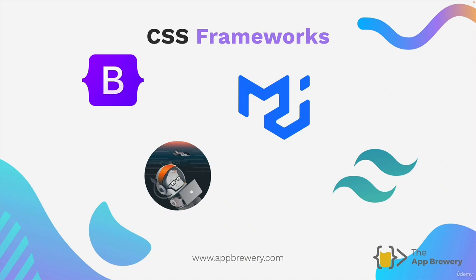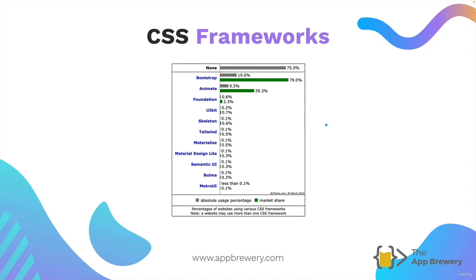quickly and efficiently. If we look at the usage percentages across the internet, you can see that the biggest CSS external framework is still Bootstrap, with close to 80% of the market share. But just because we learn about Bootstrap, it doesn't mean that everything we learned about CSS is null and void. In fact, if you look at the top here, when we look at the absolute usage percentages of all of the different frameworks across the internet, you can see the largest percentage are still websites that don't use any external